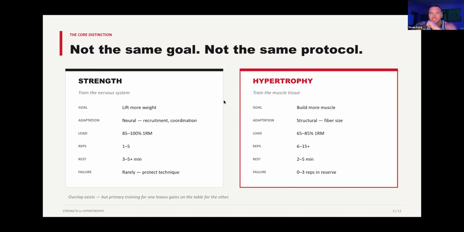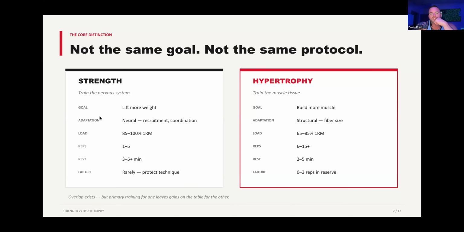These are two different things. Strength, believe it or not, is not changing the muscle. It's not training the muscle. It's training the nervous system. It's training how good you are at controlling the muscle. Hypertrophy is training the muscle. This is actually increasing the muscle tissue, or essentially trying to, where strength work is essentially trying to increase your body's choreography of the muscle, if that makes sense.